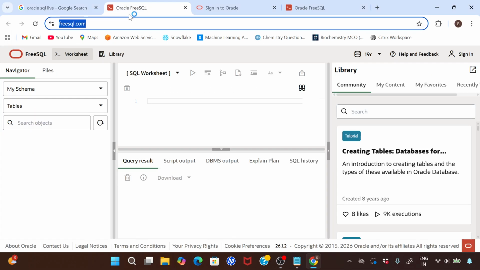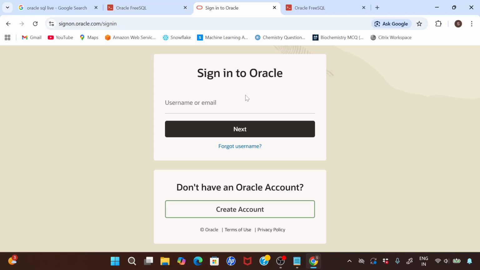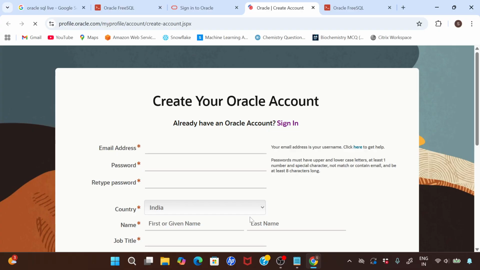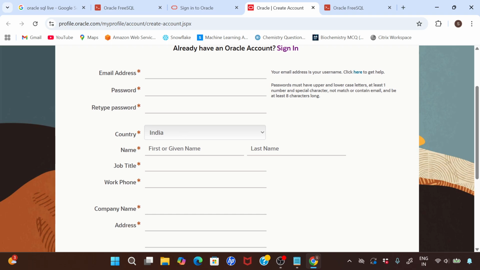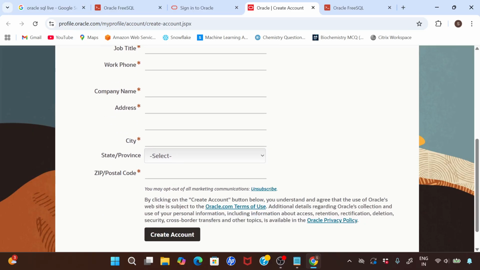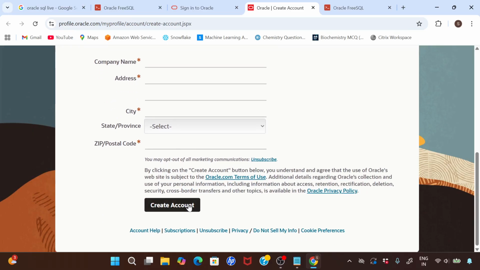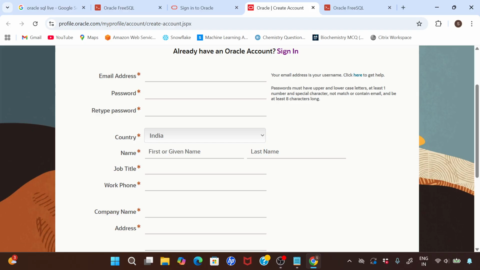So when you click on this, you will have something like this. Now here you will see you need a sign in option. So when you click on the sign in option, it will get you here, right? So the first thing is you need to create an account. So if you click on this, you would be required to create an account. So you need to provide certain details like your email address. Now this can be your personal email address, your Gmail, whatever domain you are using. You need to provide a password, the country code, and a few other details here. And then when you click on create, you will have a user ID, which is your email,